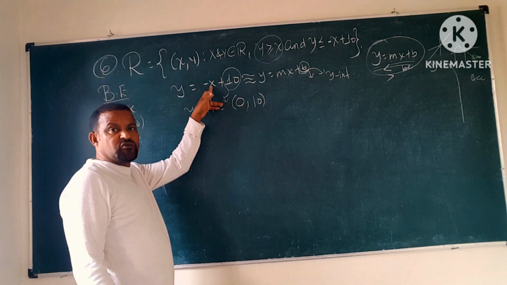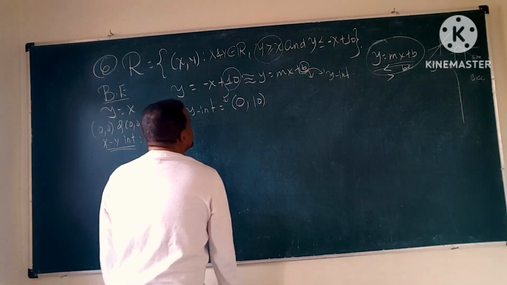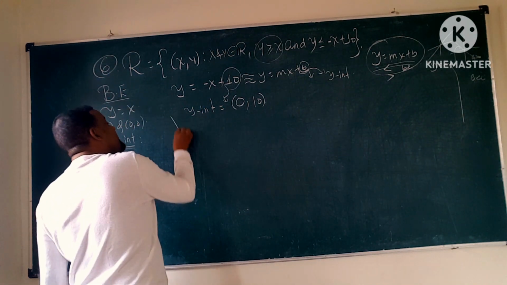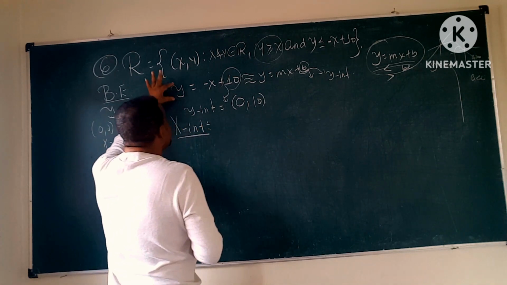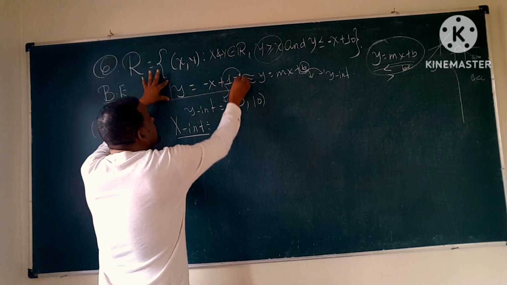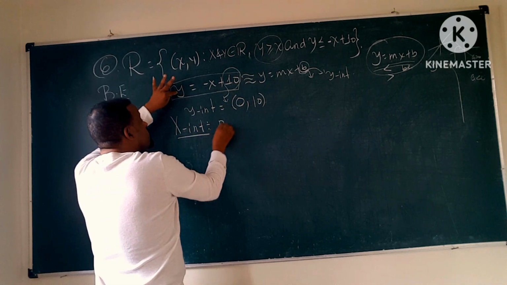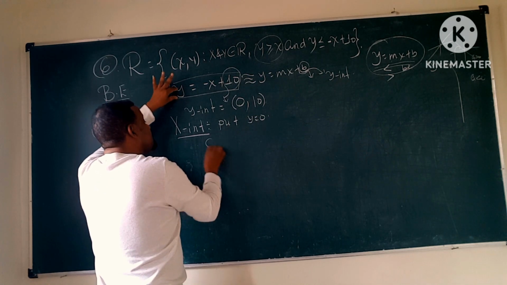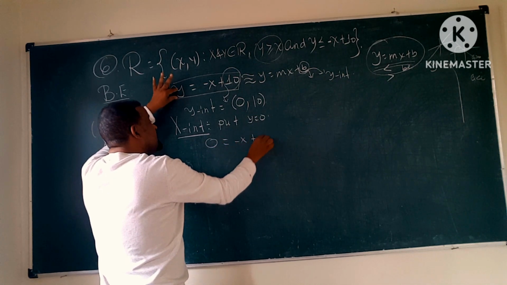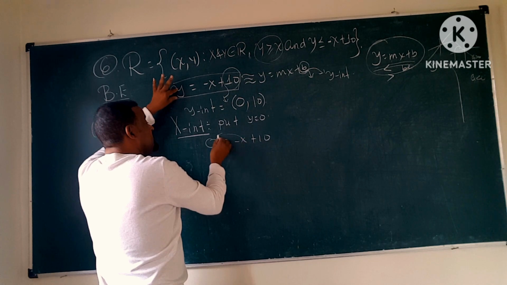ከፈለጋችሁ የx ዋጋ 0 አድርጋችሁ መፈለግ ትችላላችሁ፣ እንደፈለገ ነው ለቀደሙት ኤግዛምፕል። Okay, now to find the x interceptታችንን ለማግኘት፣ አሁን x intercept ለማግኘት ምንድነው የምናደርገው፣ የy ዋጋ 0 ነው። So you need to put y to be 0። ስለዚህ አሁን ምን ይሆናል፣ 0 is equal to negative x plus 10 ይሆናል። እቺ ነው፣ ለዚህ ጋር እናመጣታለን negative